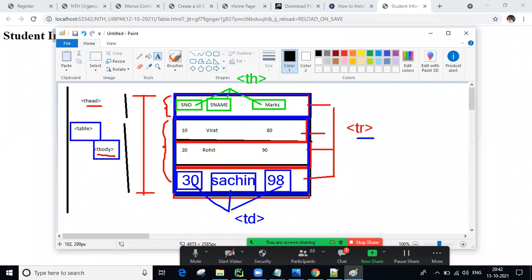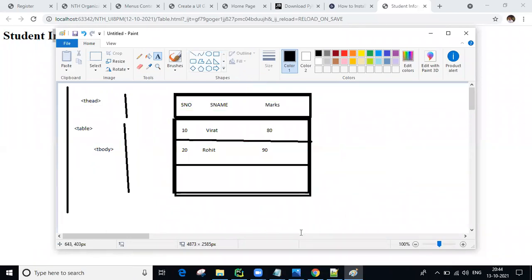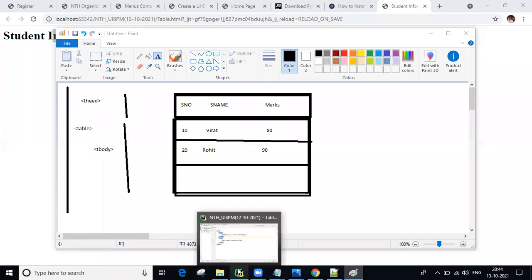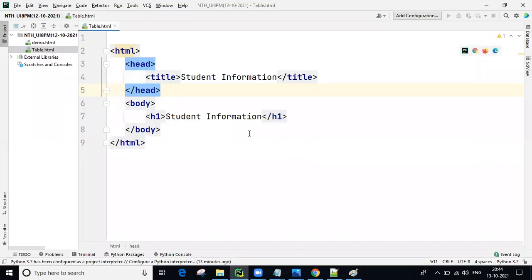All of you understanding these tags? Finally, table tag, thead, tbody, th, td, and tr. These all are the tags to display a table, guys. These all combination we need to use to display it. Is it clear, all of you? If you are understanding this structure, then we will develop. Yes. Now open our PyCharm and we can develop here, guys.